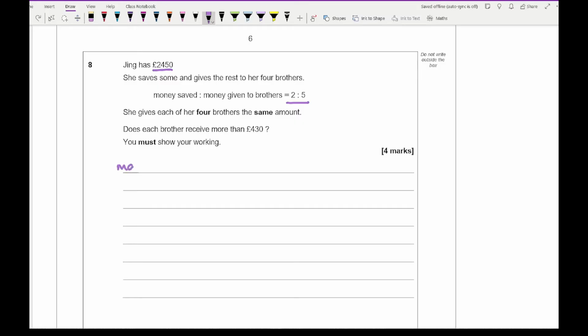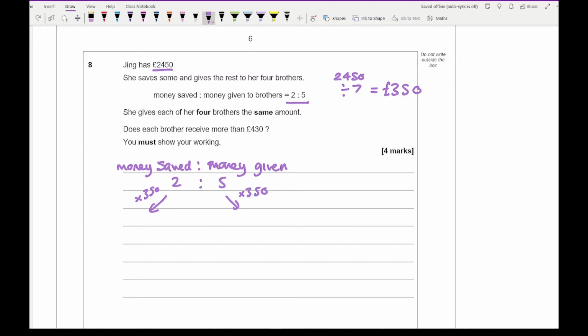So let's go for money saved to the money given. And so I've got 7 parts. So I'm going to do 2450 divided by 7, and that's going to give me the value of 1 part. So if I just type that into my calculator, I get an answer of £350. So here, with the ratio of 2 to 5, I multiply each of those numbers by 350, in which the money that's saved is going to be 700, and the money given is going to be 5 lots of 350, which is